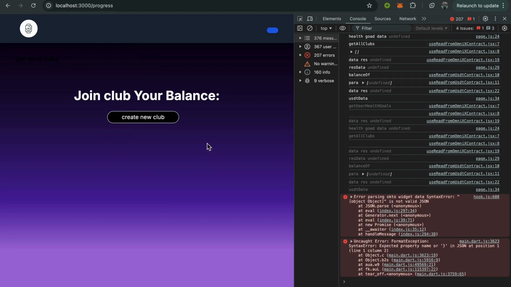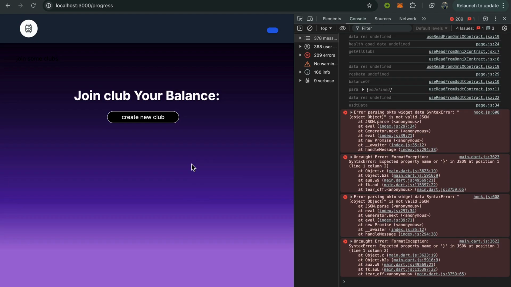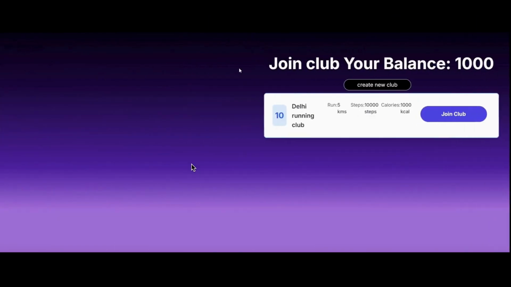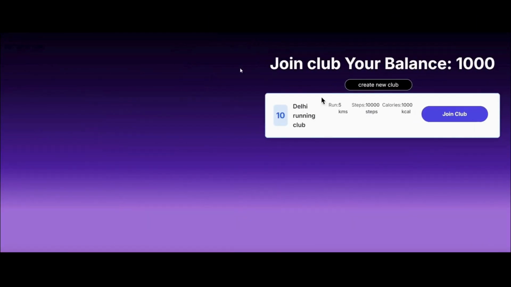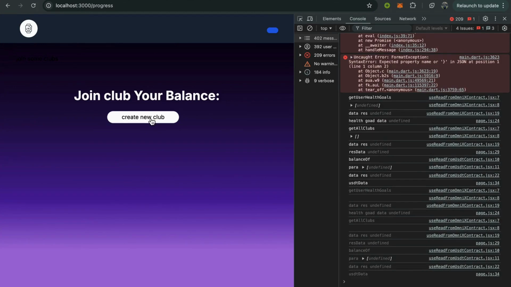The progress page shows you all the clubs that have been created for the sake of fitness. The admins have created them, and due to the contract not being able to be deployed, we don't have any on chain, but the interface of that page looks like this, which would show here the details that we have entered when we create a club. If we click on create new club,